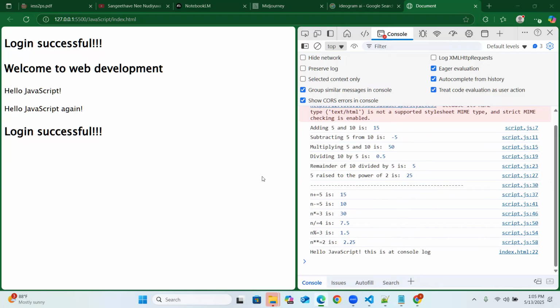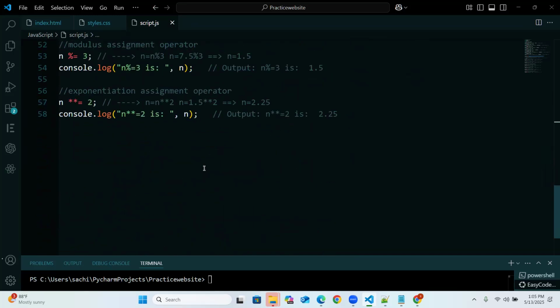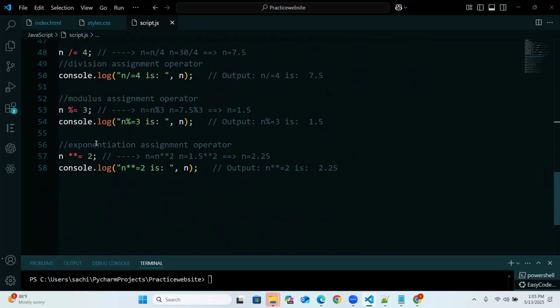Coming back to that, like that, we will use just plus equal to, minus equal to, star equal to,